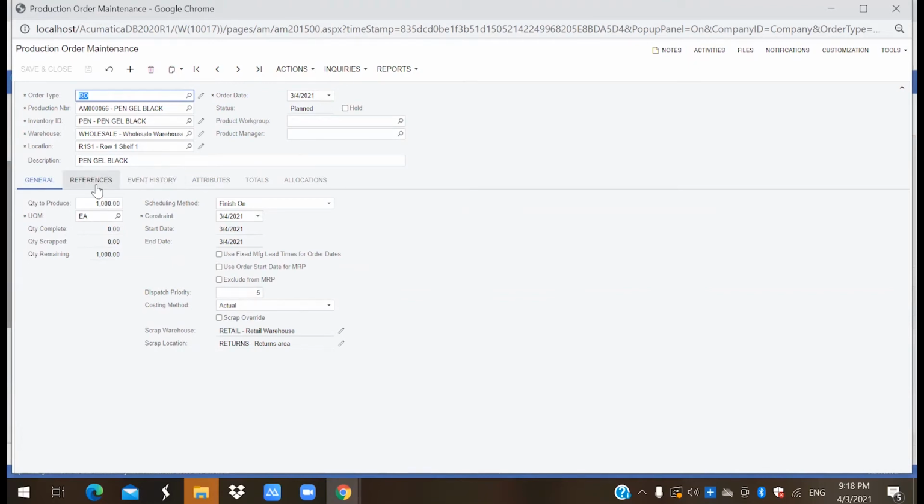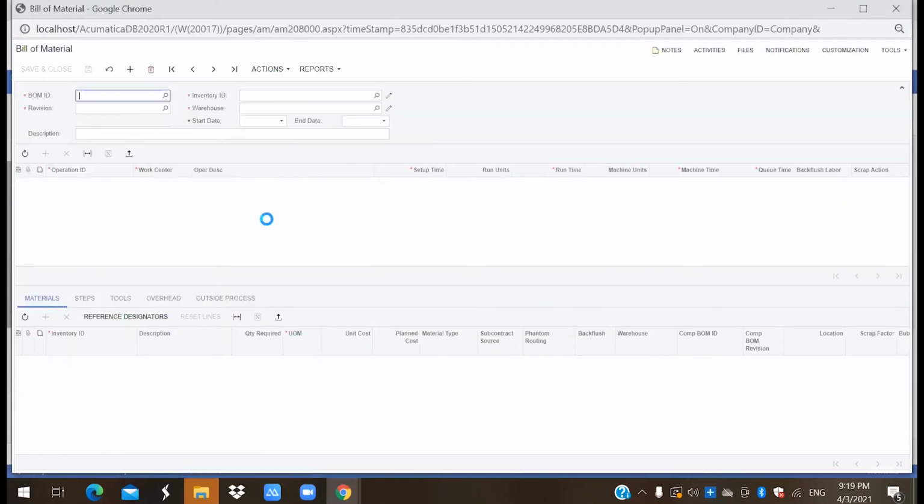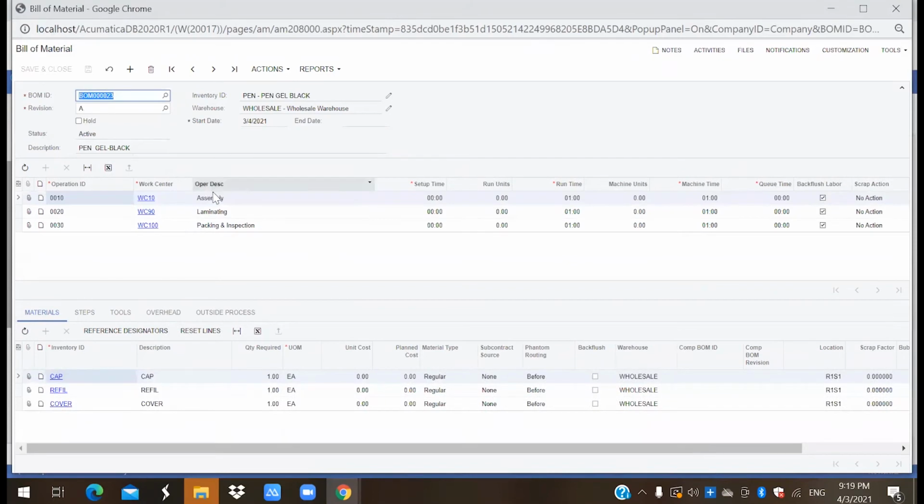Okay. So now under the reference tab, we can see that the source of this production order is based on the BOM. This is the BOM ID. If we see the BOM ID, these are the processes which we have defined for the production of this material.